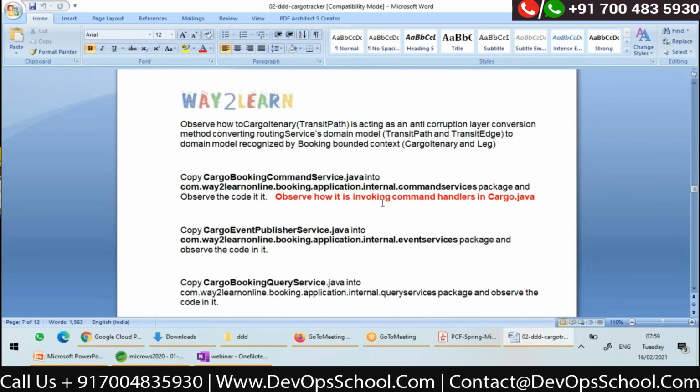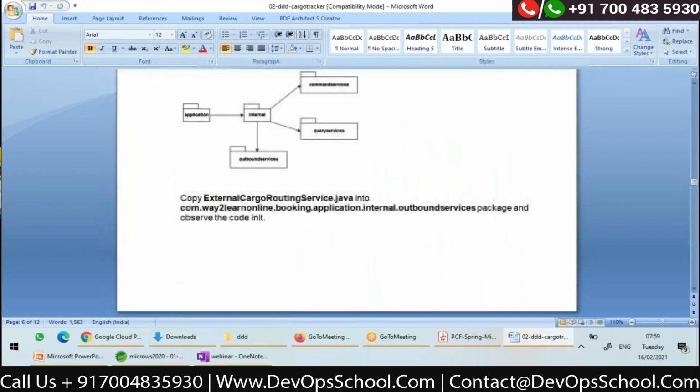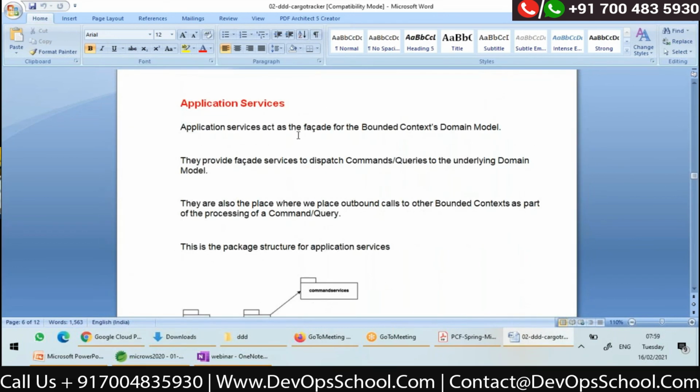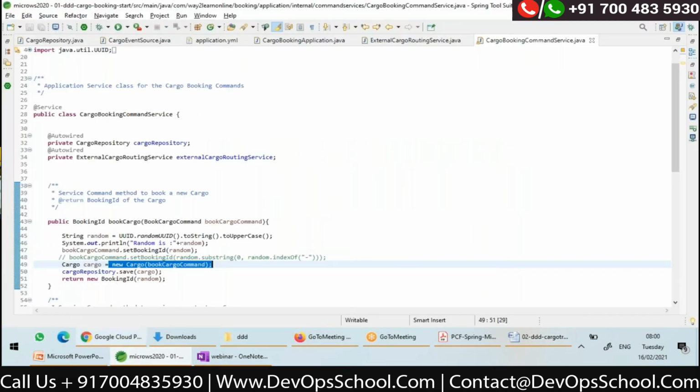So these application services act as a facade for the bounded context domain model. They provide facade services to dispatch commands or queries to the underlying domain model. Now let's see here.